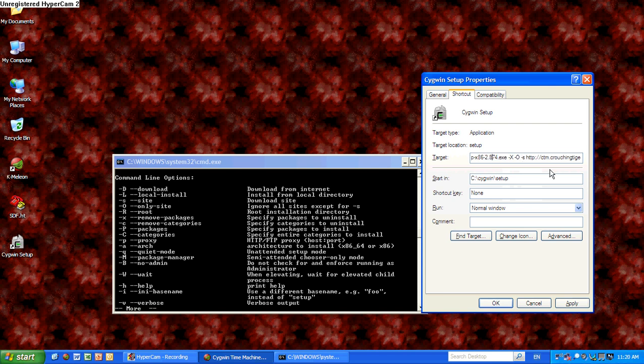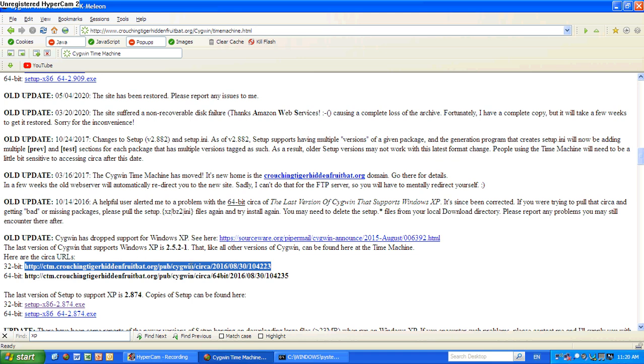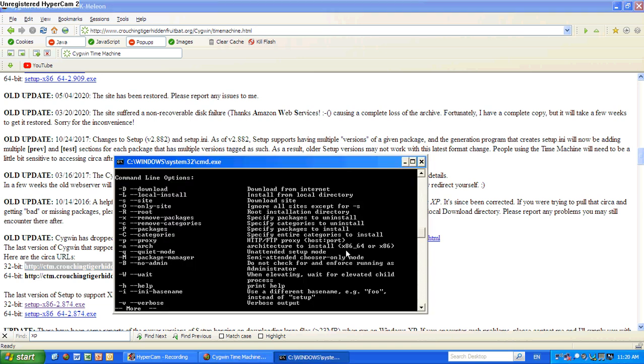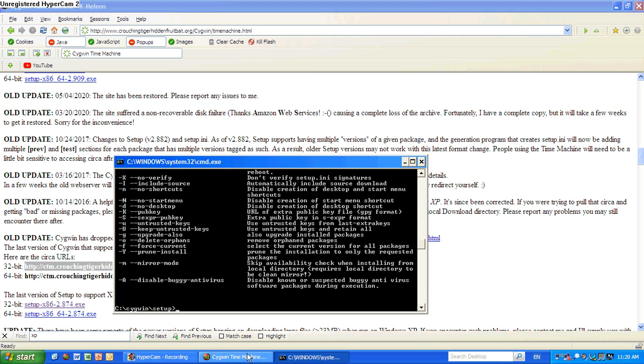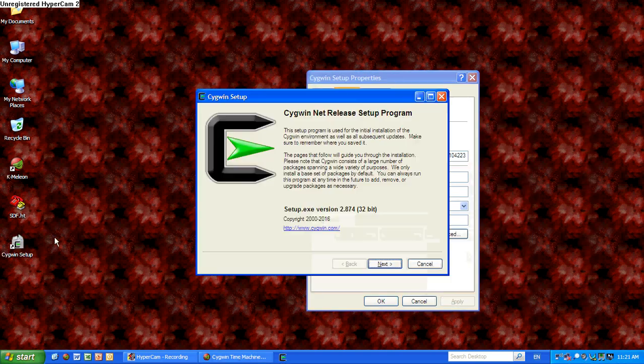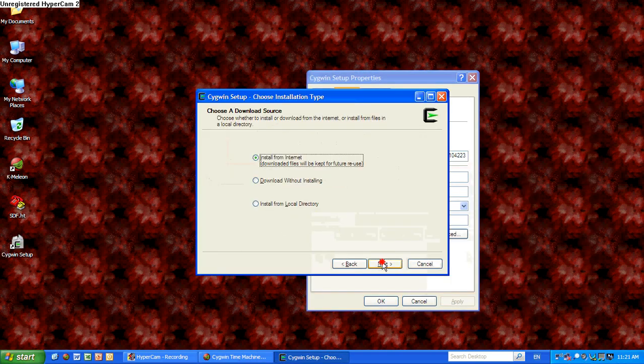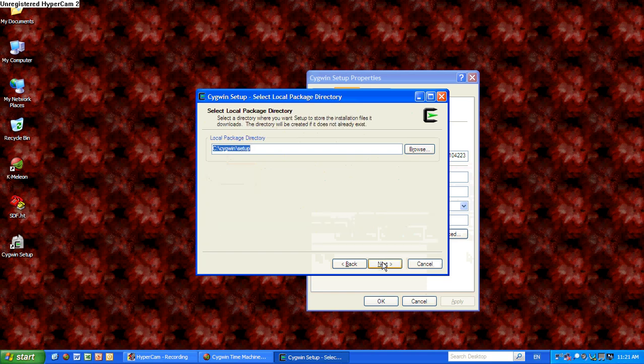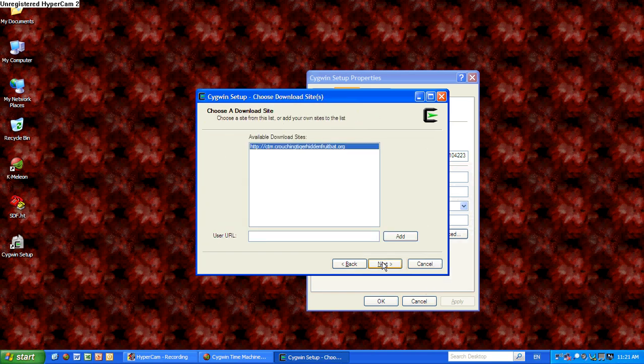So -X to not verify, -s to specify the source URL, and -O to only use that source URL, and the -X needs to be -X. Right, so we can apply that and then run the program and leave all of these, and we see that